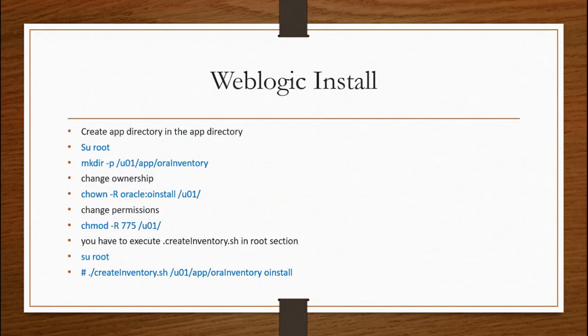Go to the temp folder. Next, create an app directory in your root directory, and there is an oraInventory. You can create the oraInventory directory in the particular app directory. Change the permissions and ownership of that folder, and you have to execute createCentralInventory.sh as root.